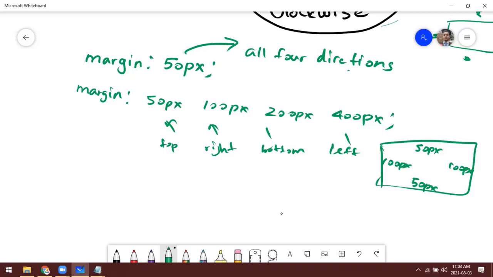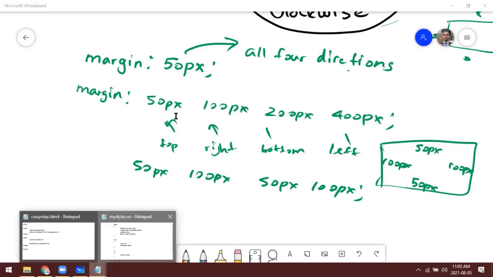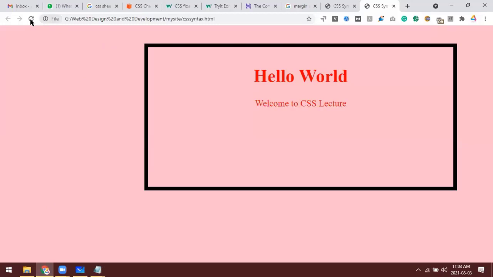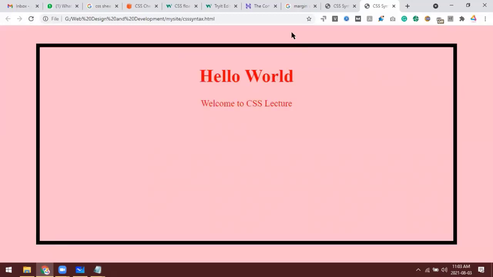Then in this way we can write like this: 50 pixel, 100 pixel, then this one 50 pixel, and then 100 pixel. Then you can see a nice border. So here top and bottom 50 pixel, left and right 100 pixel.